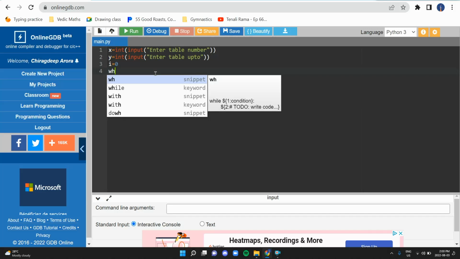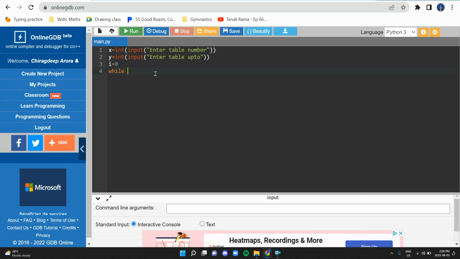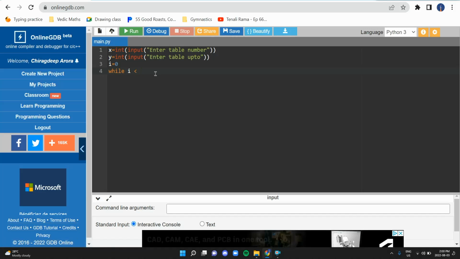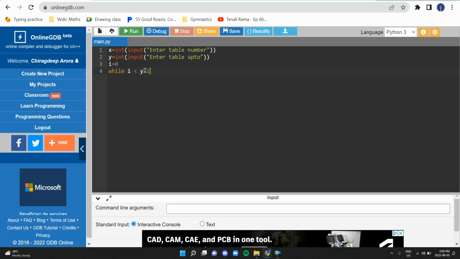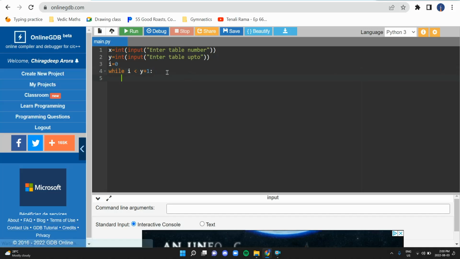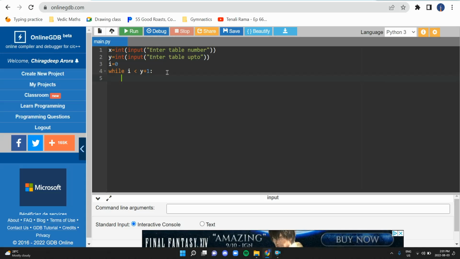Now we go on the next line and we say while I is smaller than y plus 1. Now why I say y plus 1 is because the system first prints and then increments the variable. So if we just stop at y, then it's not going to reach till the last number. It's just going to stop at the second last number. It's kind of complicated unless you try it yourself or see it. So let's just continue. And then we put the colons and we go at the next line and we type